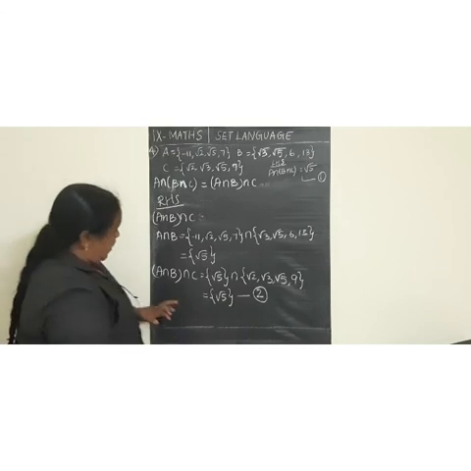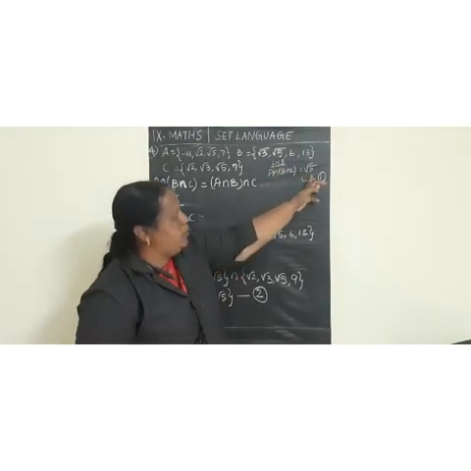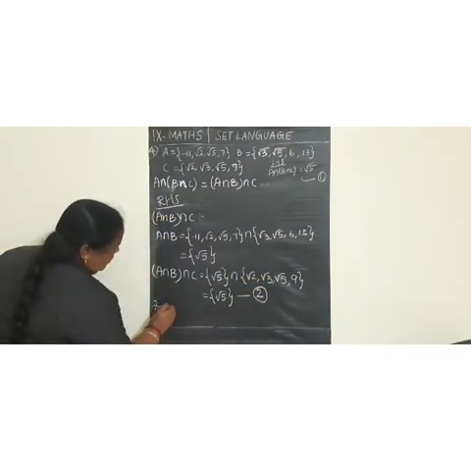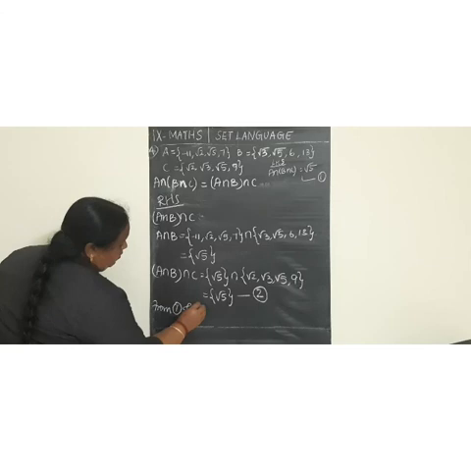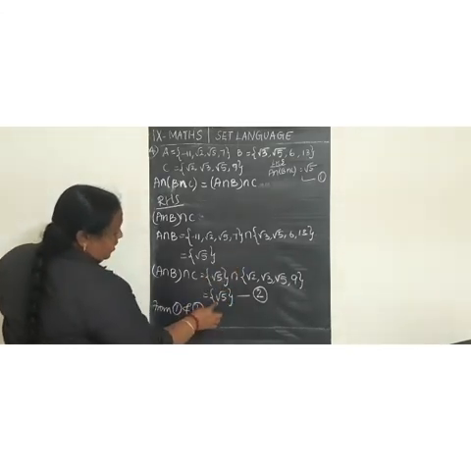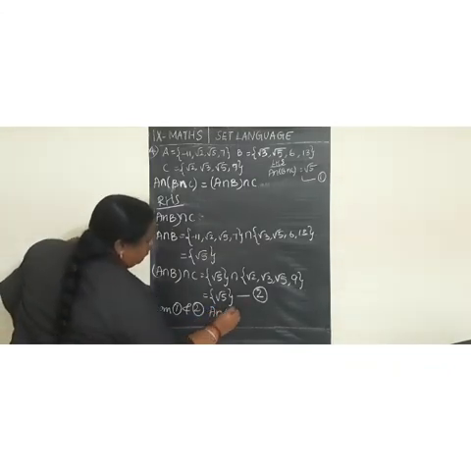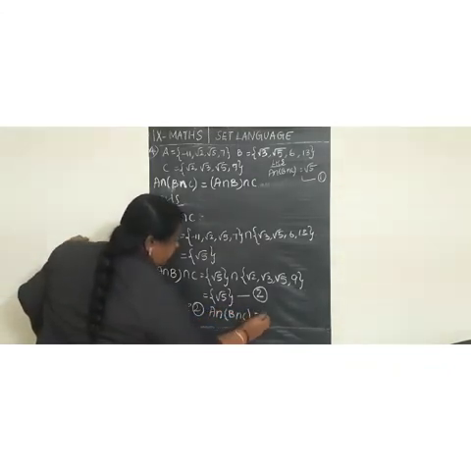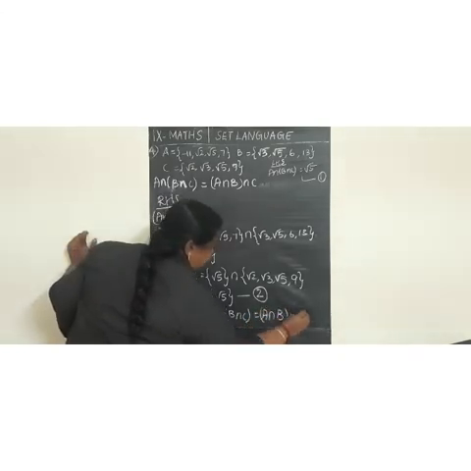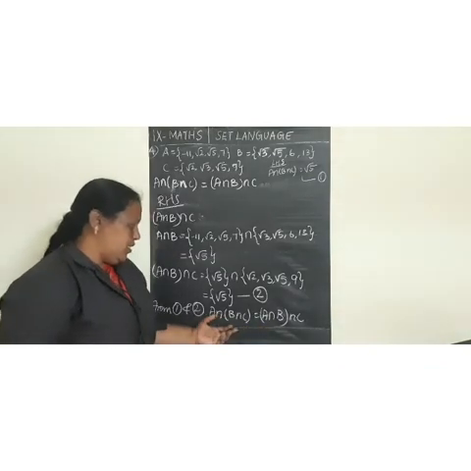Next, we found that the LHS A ∩ (B ∩ C) is equal to √5, which we marked as equation 1. From 1 and 2, on both the LHS and RHS we are getting only √5. So A ∩ (B ∩ C) = (A ∩ B) ∩ C. Here the associative property of intersection of sets is verified.